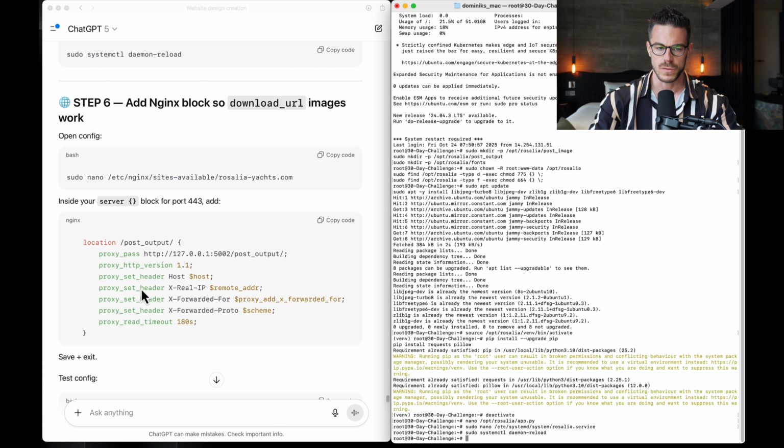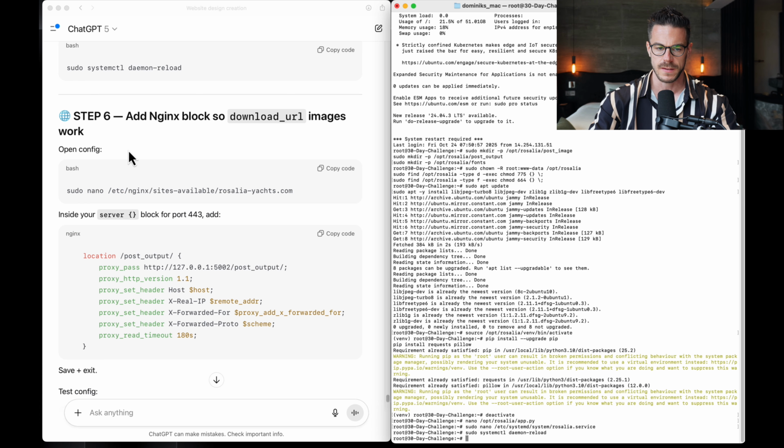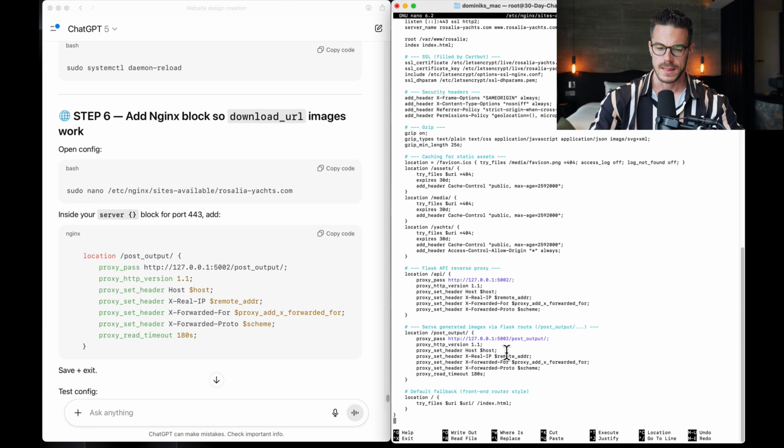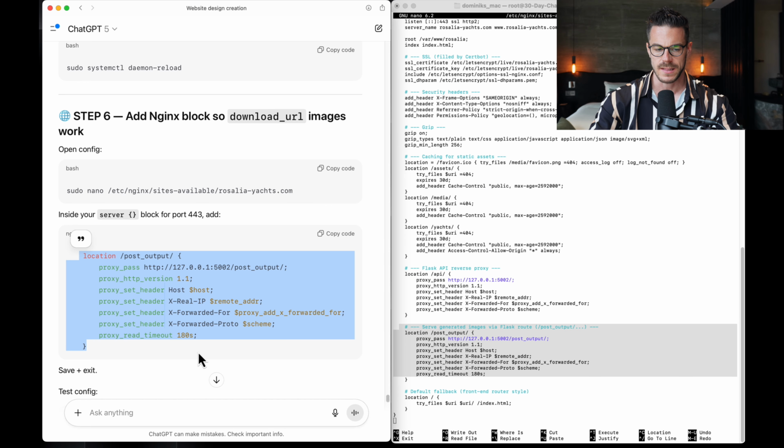Then we go to step number 6, and this is updating the Nginx configuration. So we just make a copy, we paste that in, we hit enter, and this is the entire Nginx configuration, and we need to add now exactly that very last block here, exactly that one. I already did it. In your case this will be missing, and you have to add exactly that block to